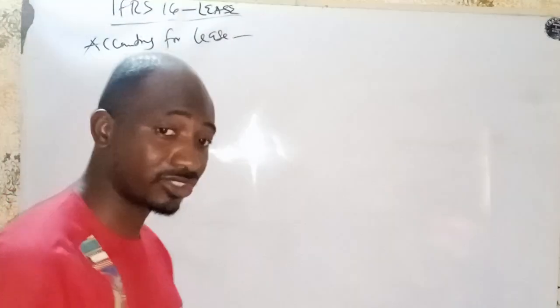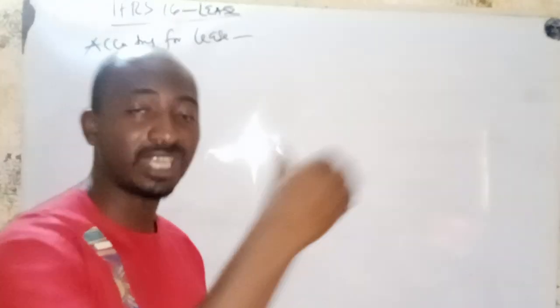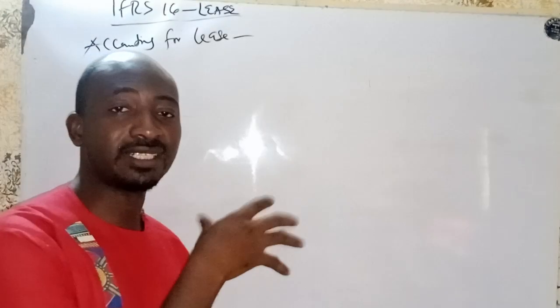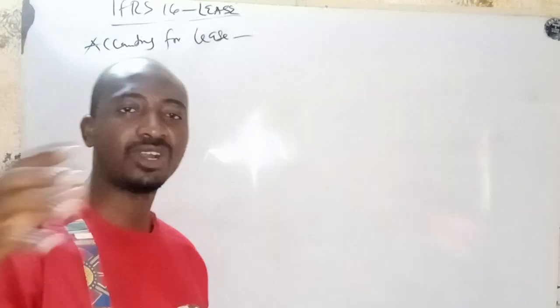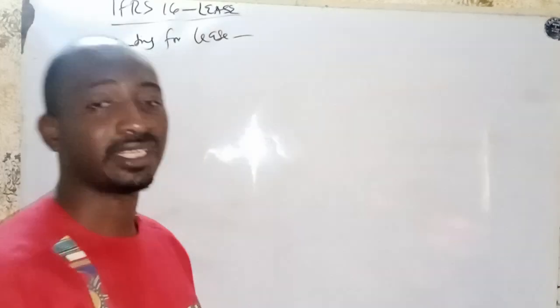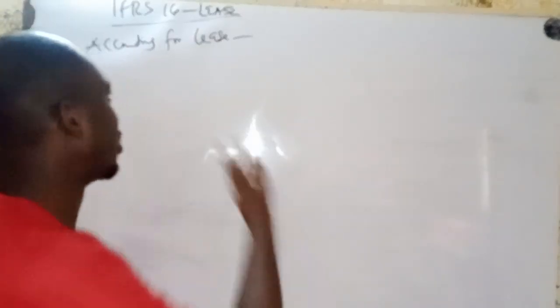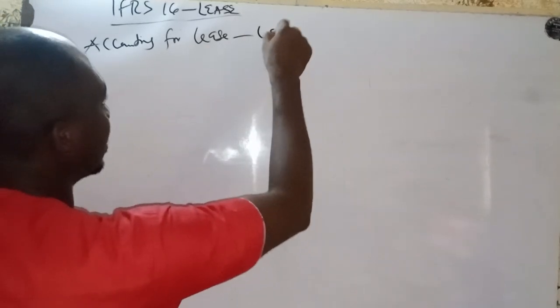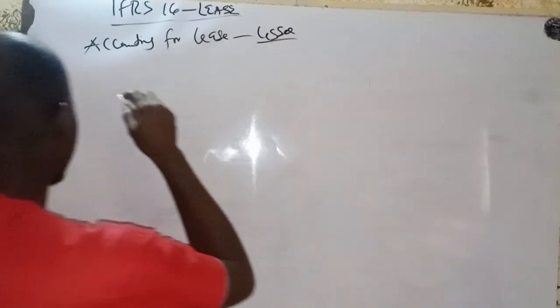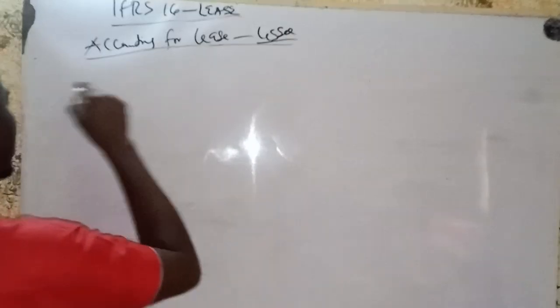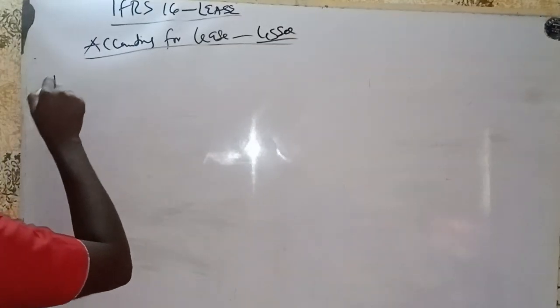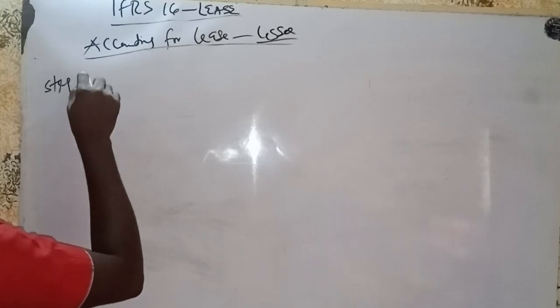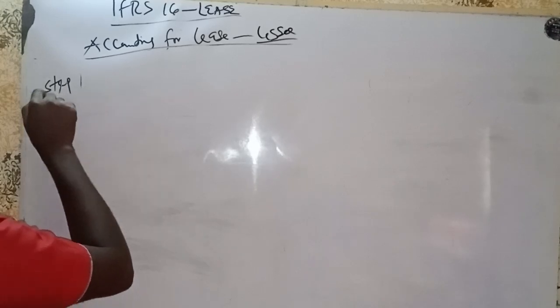We have looked at an illustration of how to determine the initial measurements, that is, calculating the initial measurement of the right of use asset and the lease liability. So quickly, let's run through the accounting treatment for this in the book of the lessee. Step one, for you to be very fast,